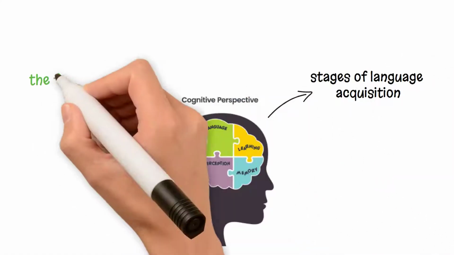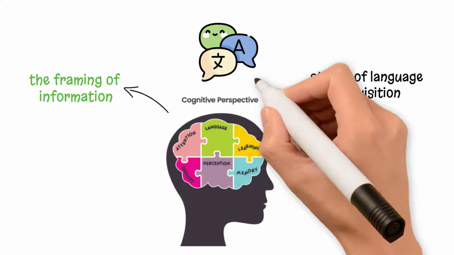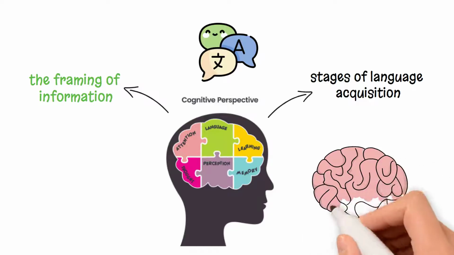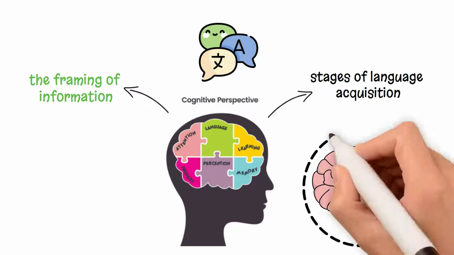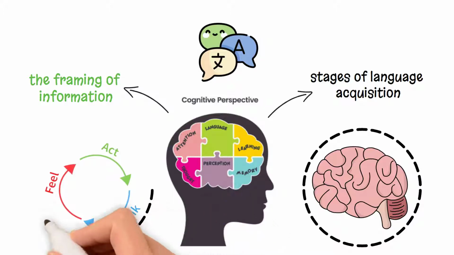language acquisition to the framing of information and the neural underpinnings of language. These elements combine to form a complex picture of how our mental processes work, especially in relation to language and thought. Understanding this interplay is crucial for appreciating the full scope of cognitive psychology and its applications in understanding human